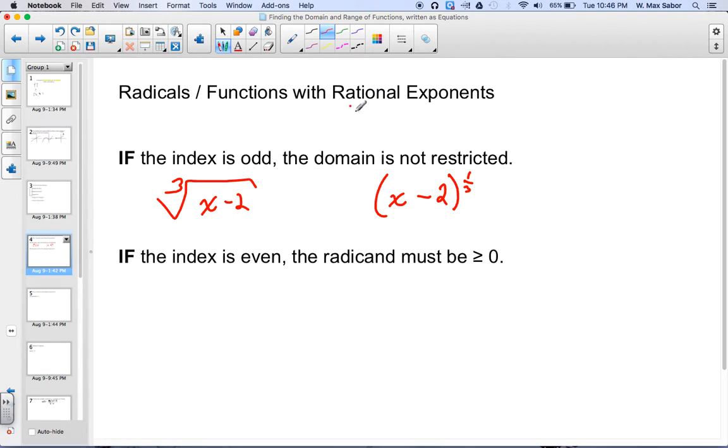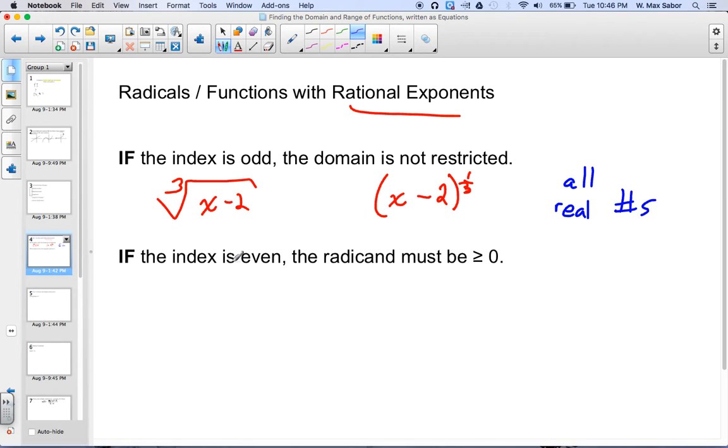That's why I'm saying rational exponents. When we have something like either of these, you can take the cube root of anything. Well, any real number, a positive real number, a negative real number. You can take the cube root of 0 and get 0, so that's fine. So if the index is odd, that being 3 is odd, then the domain is not restricted. So we would say all real